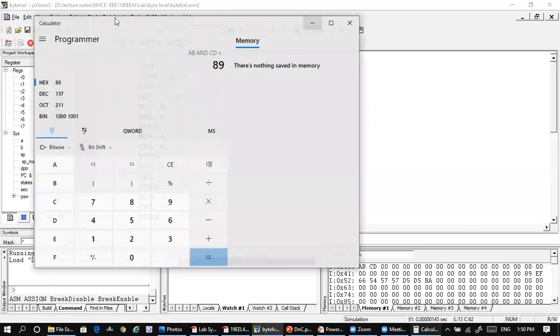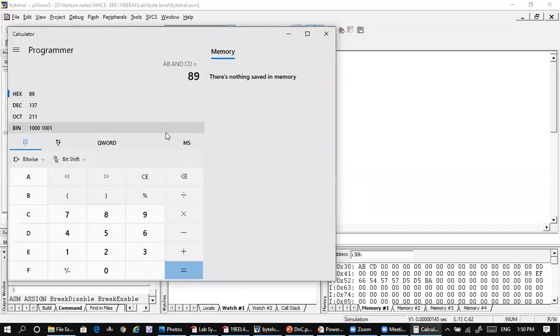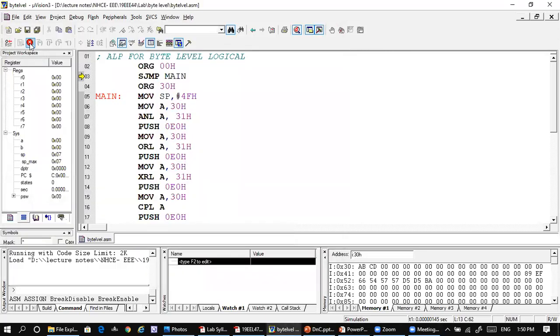Okay, and also you can see it for the OR operation. Again AB is ORed with CD, then the result will be EF. You can see that the result is EF here. And like that, the results get continually stored in the subsequent memory locations by using the push operations. Okay, now let us see the